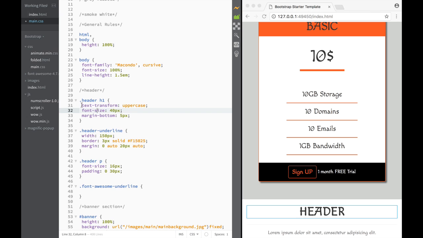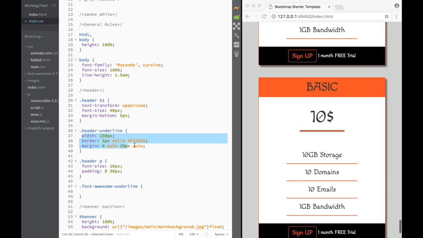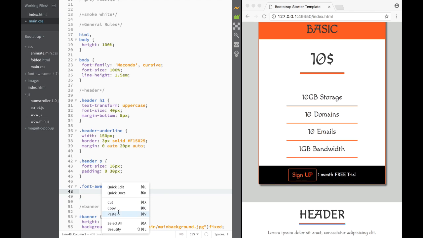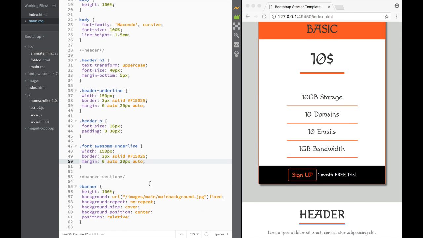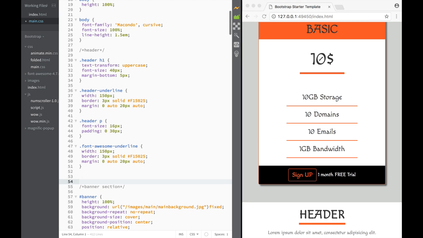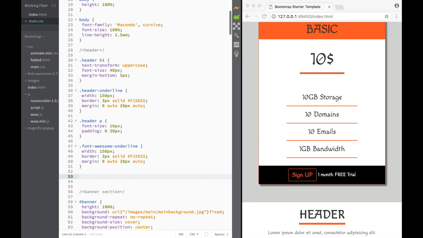But again, since it is so close to our header, I'm just going to copy these three things over here. I'm just going to say copy and we're going to paste it over here. And now we're saying, well, what is the difference, right? Well, right now we're going to start working on a difference. So if we go over here and we select this class again and we say font awesome over here, and I say underline over here like this,